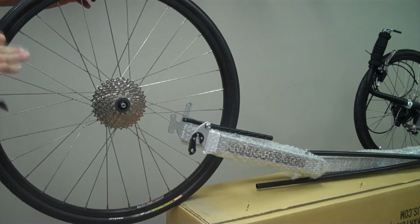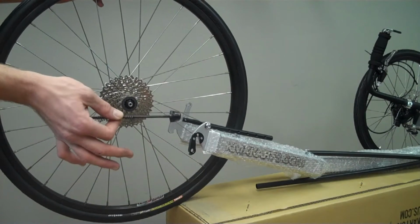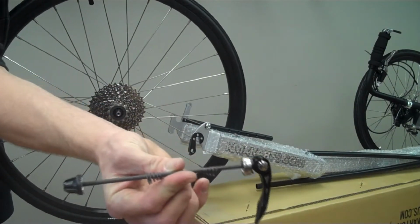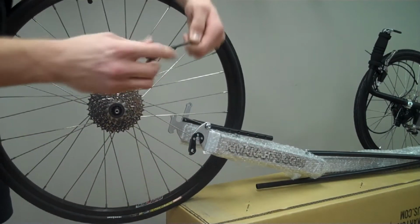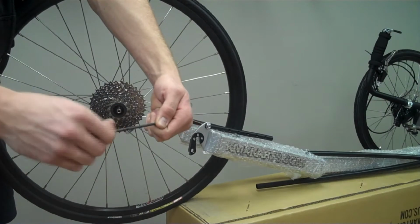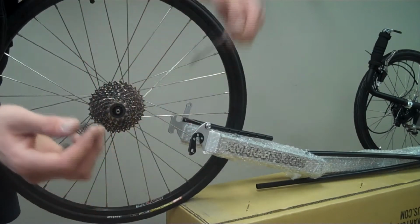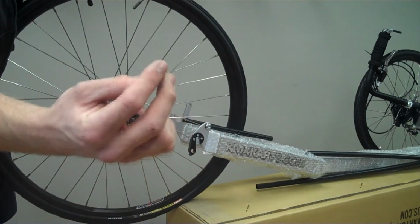Next, we're going to install the rear wheel. The rear wheel will be separate from the quick release. There's 2 springs on the quick release, and you'll need to make sure that those go in the right places. Just twist off the one end and pull the spring with it. You notice that it's cone shaped, and you'll need to make sure that you get the cone going the